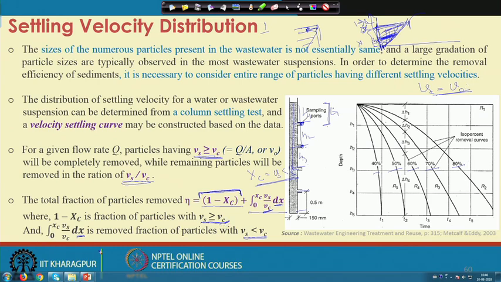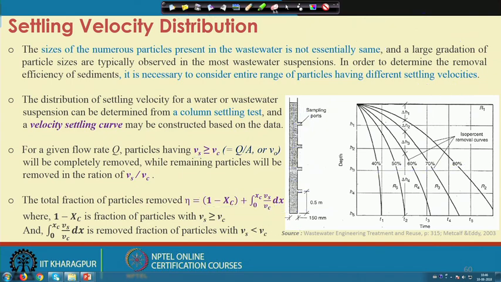So, this we can take out, and then eventually what we need to determine from this one is that C being a constant. So, this will be converted as integration 0 to x c, 1 upon V c or 1 upon V o, whatever we write, and then V s into dx. So, it is basically this area that we need to determine, and as we were suggesting that if you have